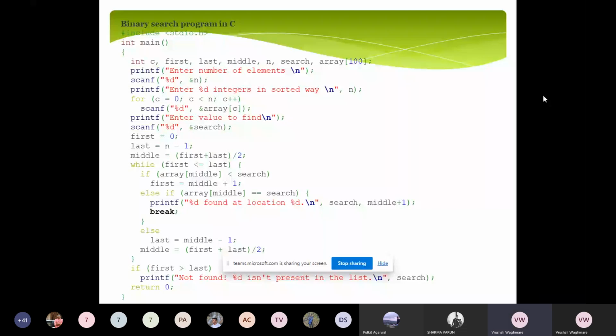Okay. Now in this case, what we are going to do, we are going to take the array, and now we are studying only searching algorithms. We have not yet studied the sorting algorithms. So while giving the numbers for binary search, you have to give them in a sorted manner only. Okay, from lower value to the higher value. Like this way, you have to enter the values. So in the starting code, we are going to enter the values.